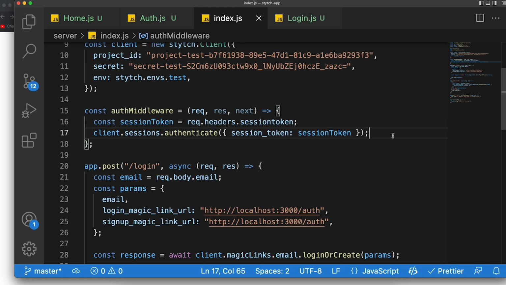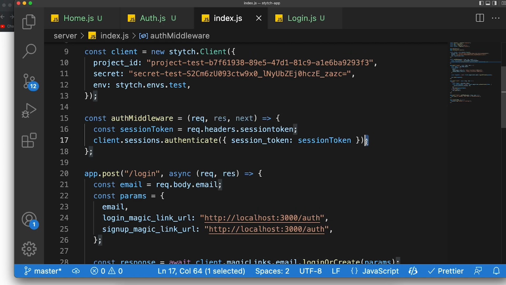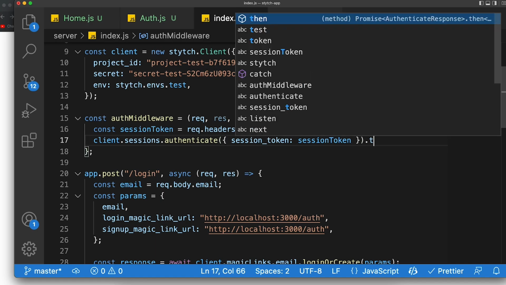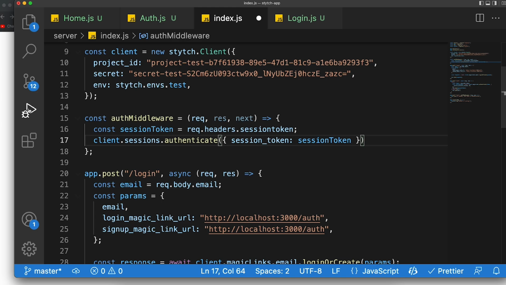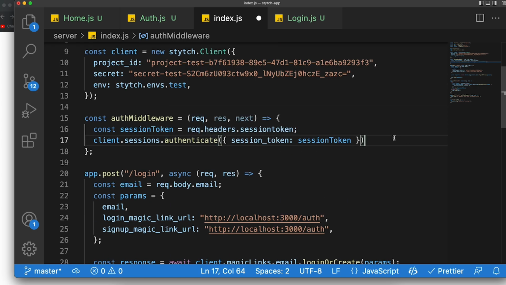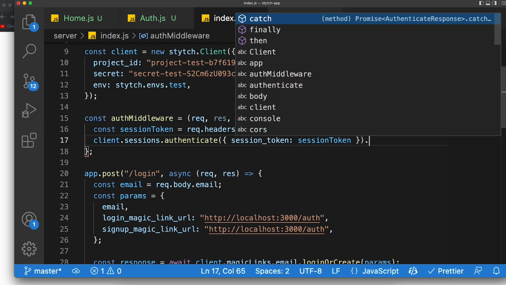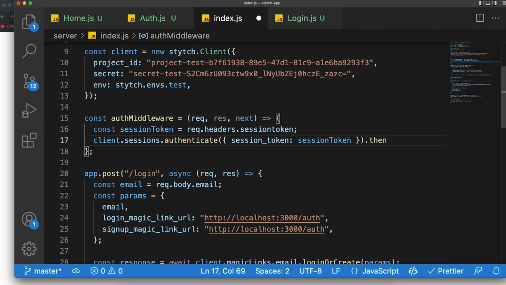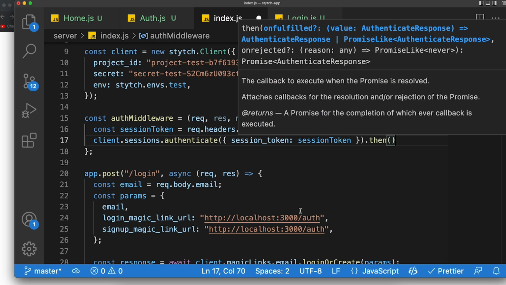So after you authenticate and you see if it's right or wrong, this is a promise, right? So we can use the async await method. So I can just make this asynchronous like this. Now this over here will return a promise. So we can either do the .then or the .catch method, or just use async await like we've been doing. For simplicity reasons, I'll use the .then .catch in this middleware, and I'll say .then over here after you authenticate